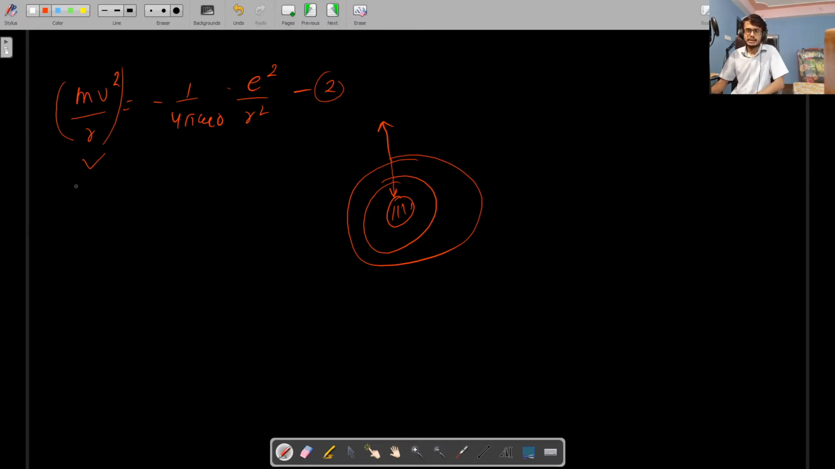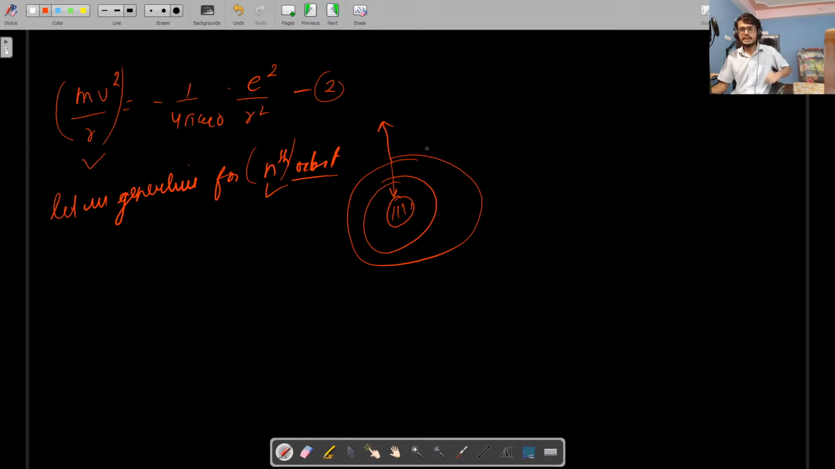Now let us generalize for the nth orbit. We want all of these formulas to be in terms of the nth orbit. Everything in this equation will remain the same except two quantities when n changes. If the electron is moving up or down, everything will remain the same except two things: radius and velocity. Mass is always the same, 4 is always the same, pi is always the same, epsilon naught is always the same, and e is